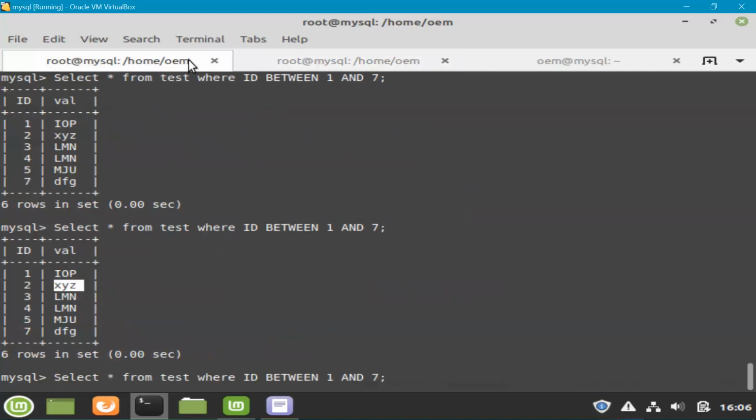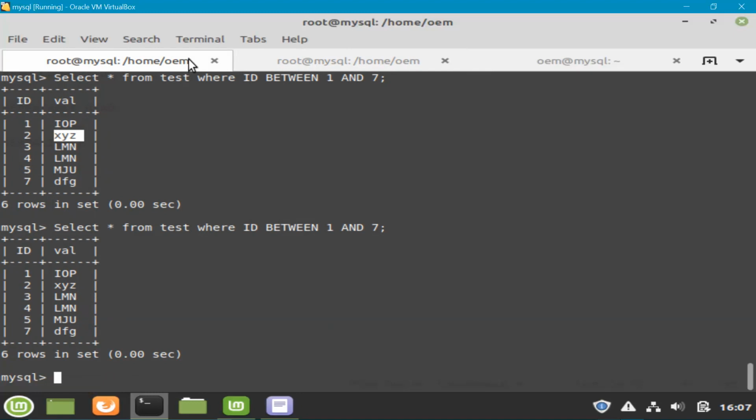And if you run this command again, now ID 6 falls under this category. It is between ID 1 and 7, right? So if you hit enter, you can see there is no ID 6, right? So you have inserted a new record, but you don't see the new record here. Now, if you want that new record to be visible here, then this is a problem. And this problem is known as phantom read.